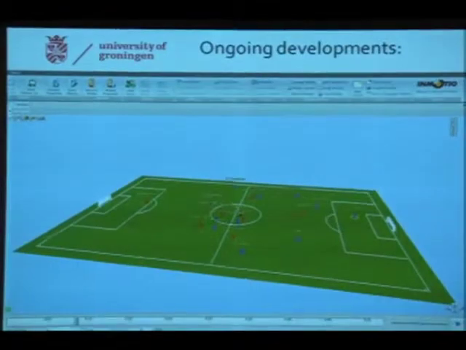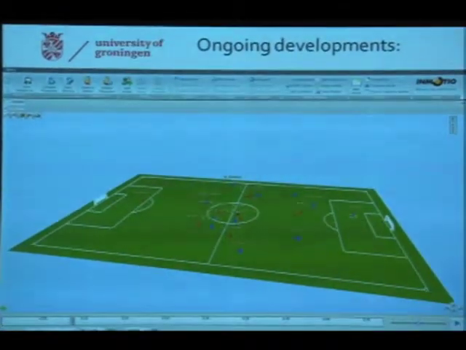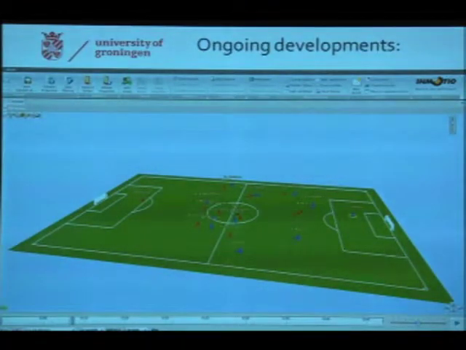And in addition, of course, as a scientist, we also have our more fundamental questions. Just to give an example, I've shown the attacker-attacker dyad in rugby. We can look at the optimal interpersonal distance between the center backs of this team or any other team, and try to find out which interpersonal distance facilitates the attacker to pass through and to go on and maybe score a goal. So that's the scientific side of things, whereas maybe the coach just wants to monitor the distance.